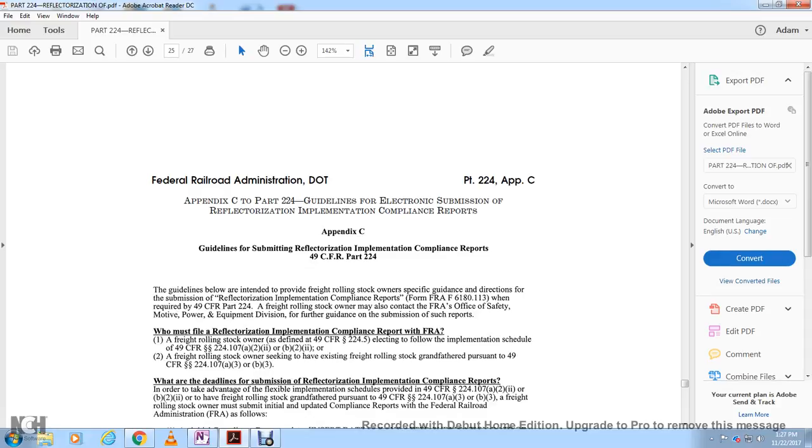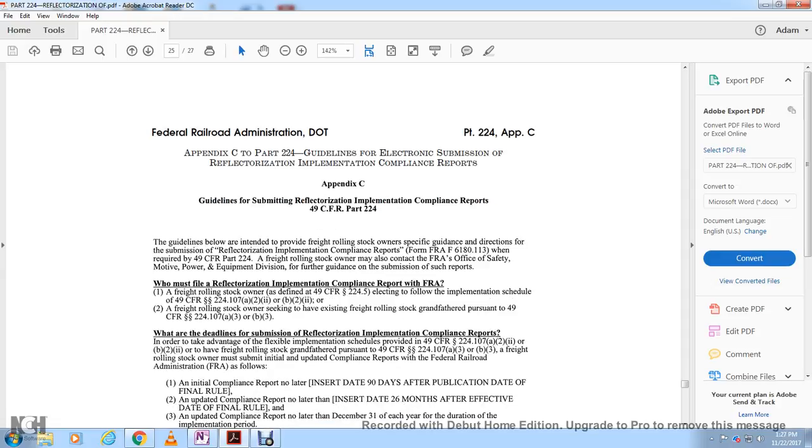A freight car rolling stock owner seeking to have existing freight rolling stock grandfathered pursuant to Title 49 CFR 224.107(a)(3) and (b)(3), whether the deadlines are for submission of the reflectorization implementation compliance report. In addition, those taking advantage of the flexible implementation schedule for Title 49 CFR 224.107(a)(2) and (b)(2) with freight rolling stock grandfathered pursuant to Title 49 CFR